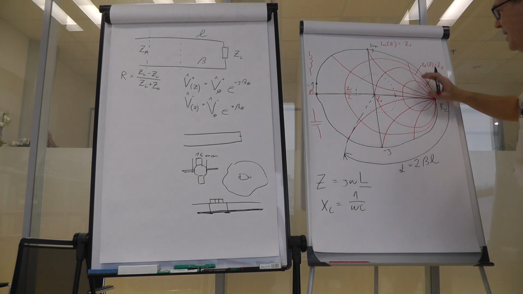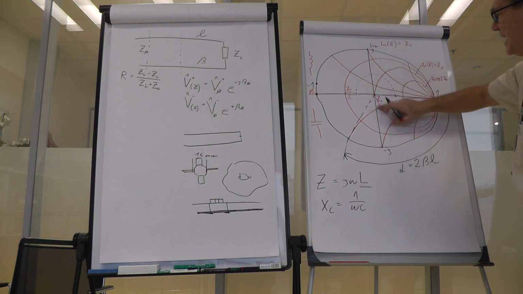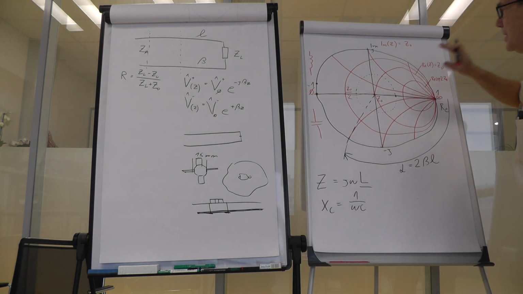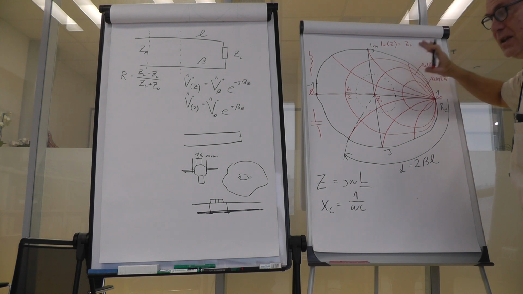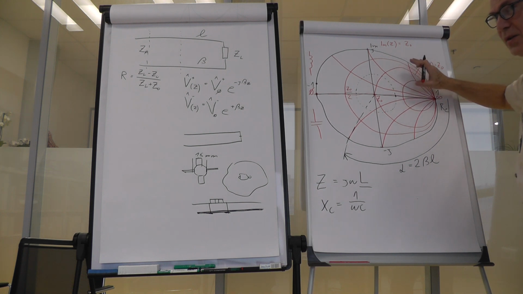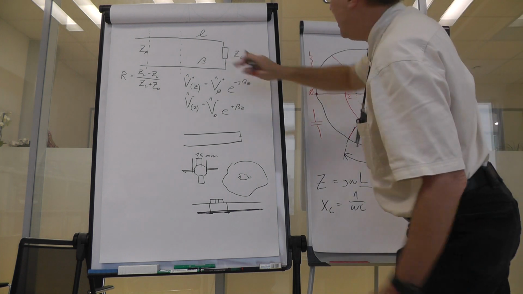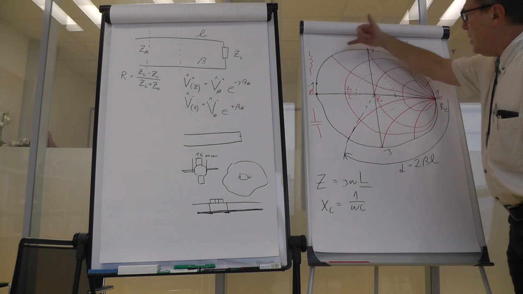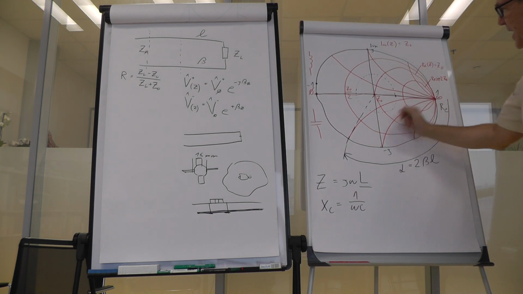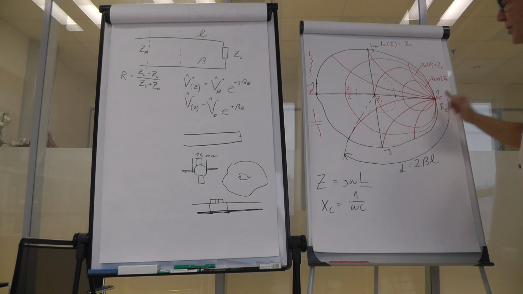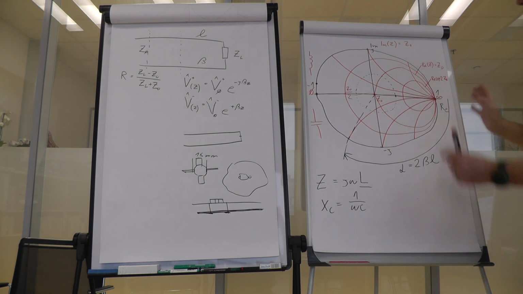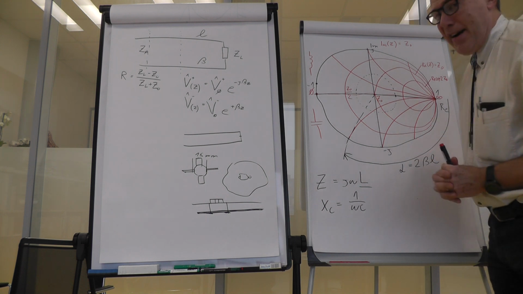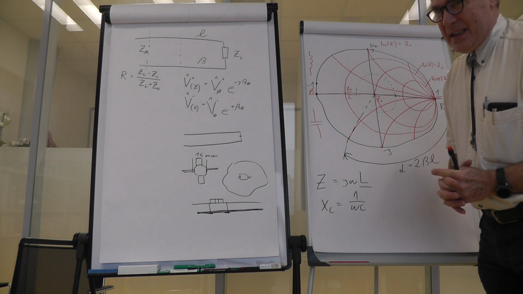One set looks like circles that have their centers on the real axis. This set represents circles of constant real part of the terminating impedance, and the red partial circles, upstairs and downstairs, represent constant imaginary part of the impedance. So now if I want, for example, to show a place where the impedance of